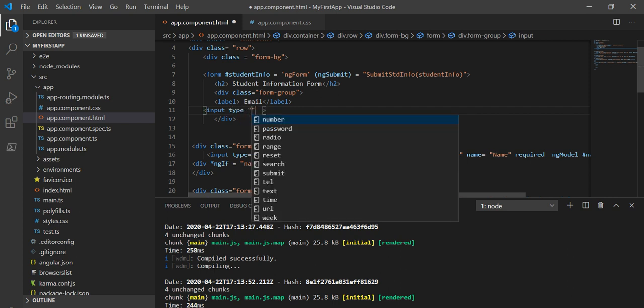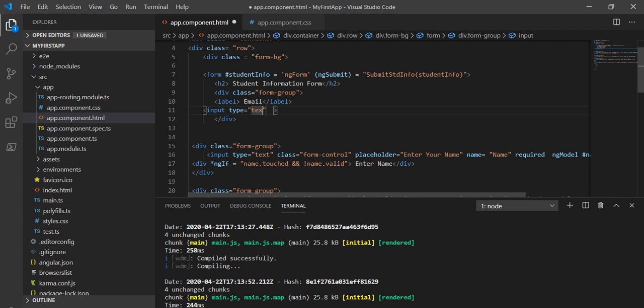Next we have to set the class form-control, and placeholder and name are the same as before. So I will copy and paste these here.